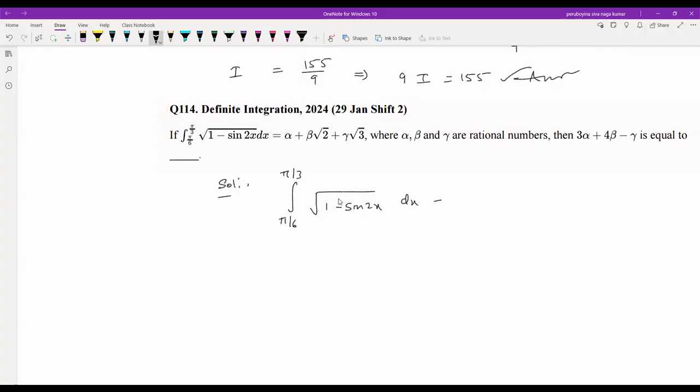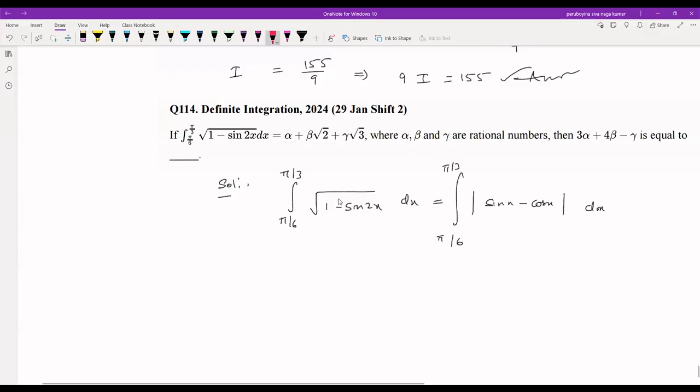If you simplify this, we will get modulus of sin x minus cos x. If you simplify root of 1 minus sine 2x, then we will get this one, under limits pi by 6 to pi by 3 dx. Because 1 can be written as sine square x plus cos square x,